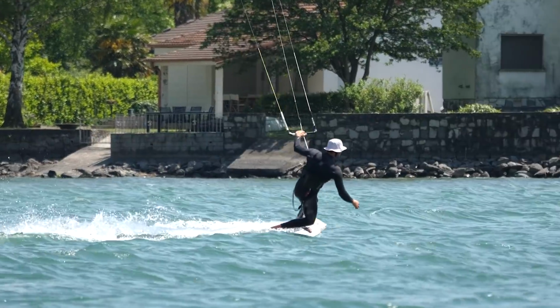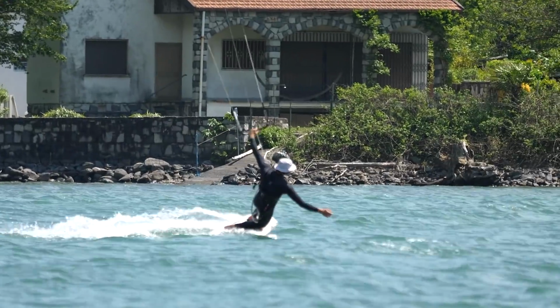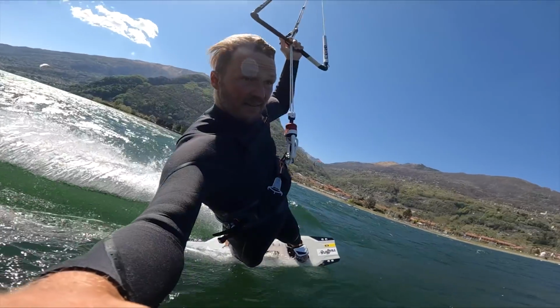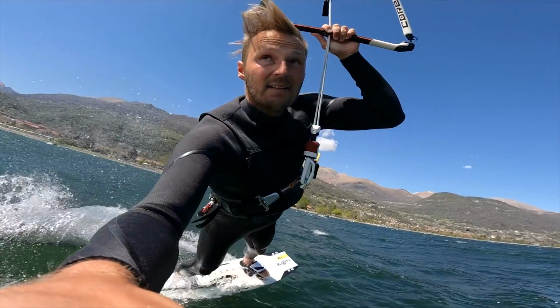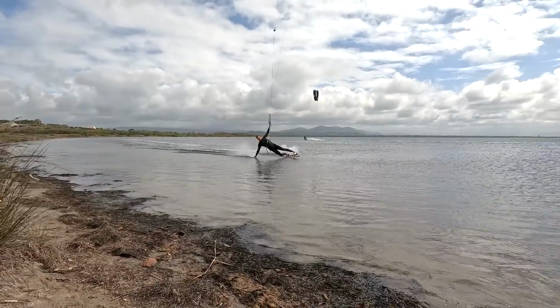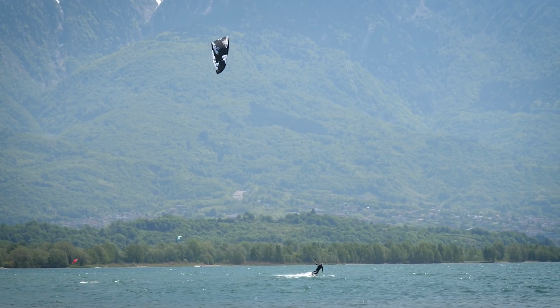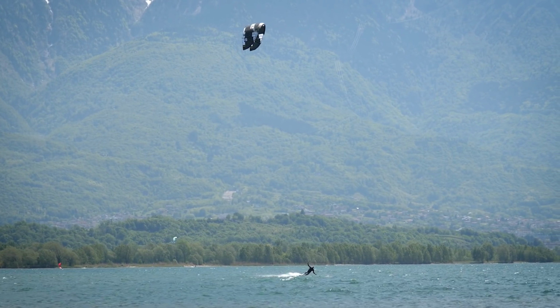The first thing you really need to understand with your body is how to rotate under the bar. This might be the most difficult part of the trick and needs some time to sink in. It's something we don't do in any other trick. The key is to keep riding on your toe side into the wind while the kite is at 12 o'clock